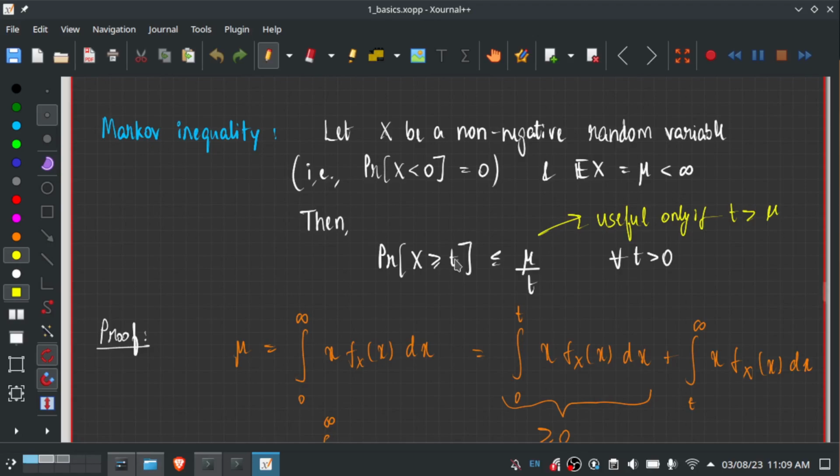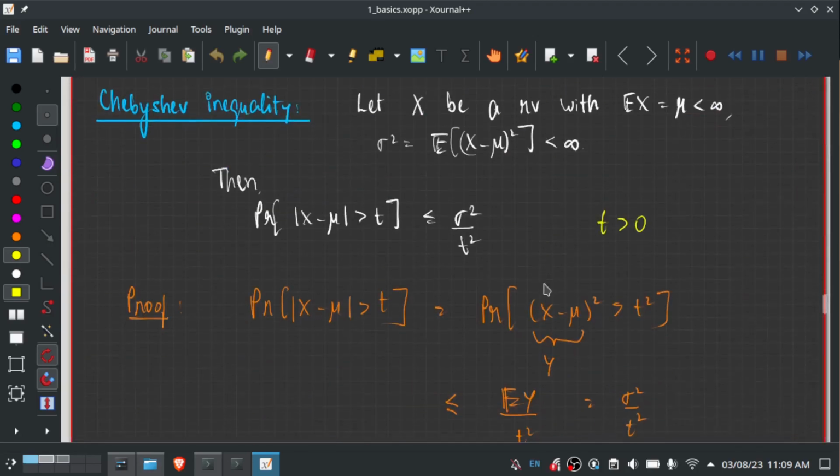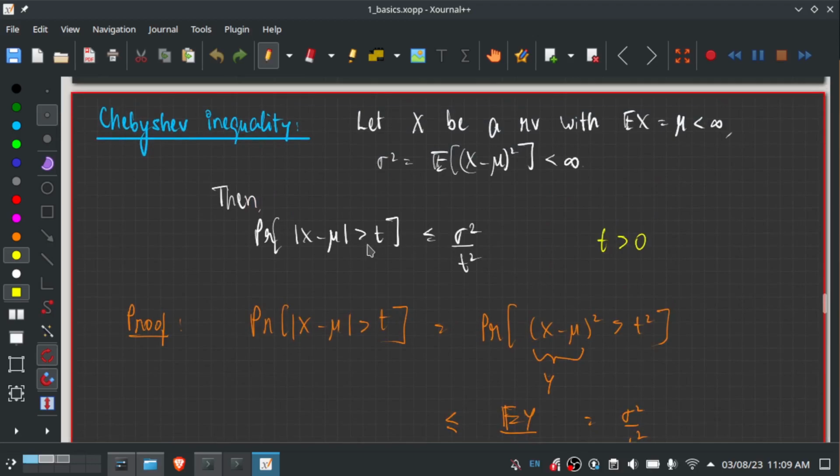The main reason is that ultimately we expect that the larger t is, the smaller the bound on the right hand side should be. So the question is how the right hand side varies as a function of t. In Markov's inequality, the right hand side varies as 1 over t. But in Chebyshev's inequality, for the same amount of deviation, the right hand side decays as 1 over t square, which is smaller than what we get using Markov's inequality in general.